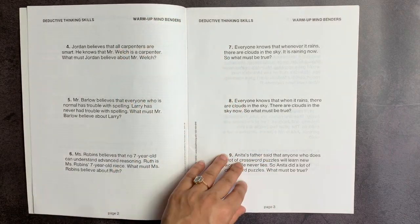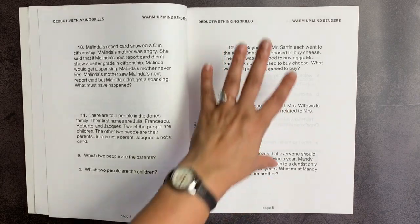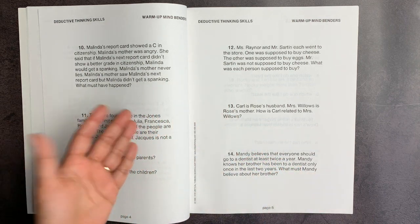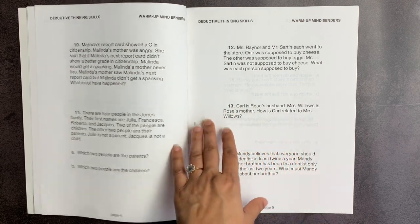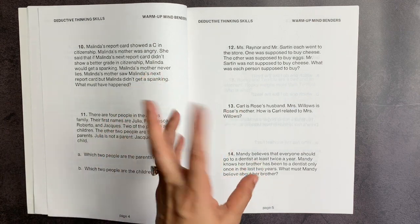And as you can see, it is structured with simple paragraph questions. There are no options. These are literally logical thinking problems. So for example, they range from the simple, like Carl is Rose's husband, Mrs. Willows is Rose's mother. How is Carl related to Mrs. Willows? So a little bit of vocab practice, a little bit of thinking in your head about how these people are oriented with respect to each other,